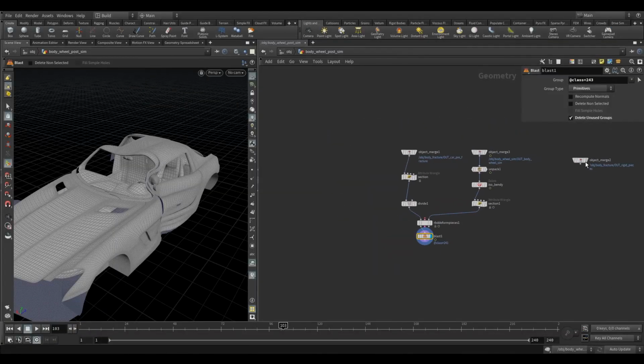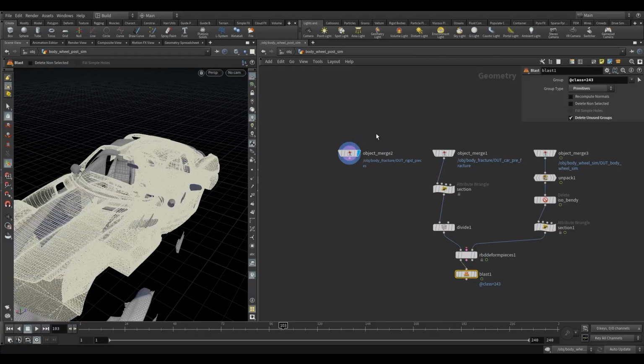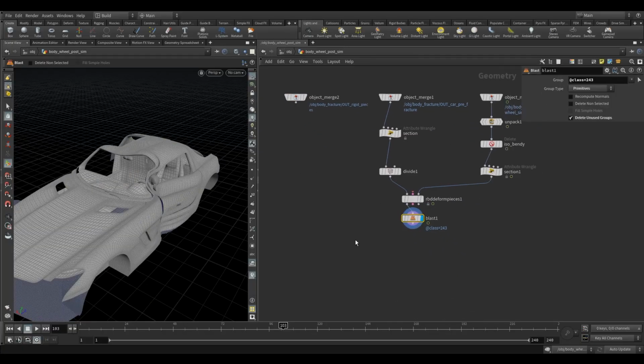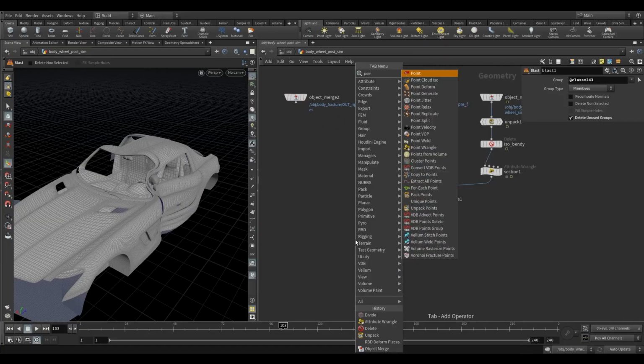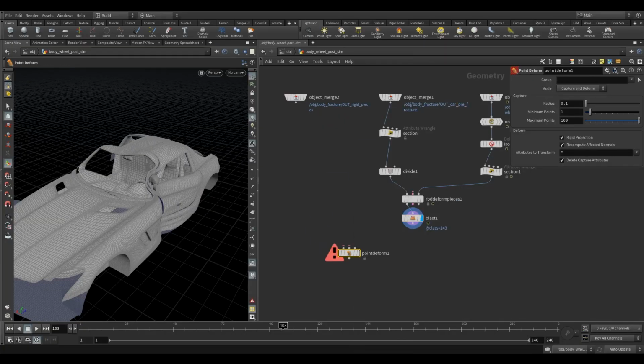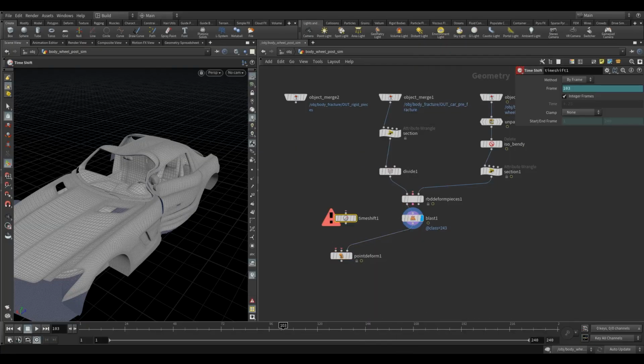We could quickly do these pieces as well. So we need to drive these pieces with this now, right? So we're going to use yet another point deform, using a whole load of these in this lesson. Okay, so this needs to go into here, I think, or above. Well, it doesn't matter actually. And then we need a time shift for the rest. And again, that's going to be frame 77,